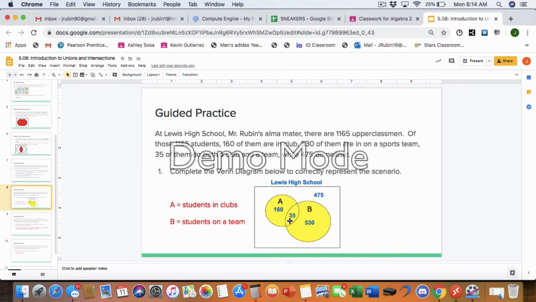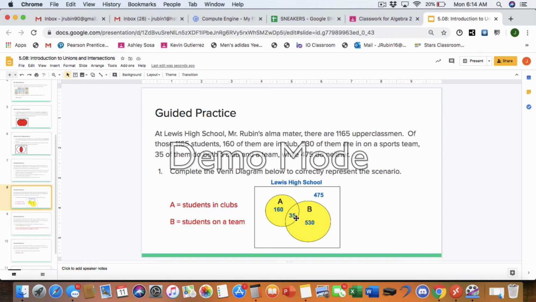So, if you look at this circle, that 35 is included in the 160. It's part of that circle of A. But look, that 35 is also part of the B circle. So what that means is that 35 is actually being counted twice. They're being counted in the group that are in clubs, and they're included in the group that is on a team. So what has to be done is you have to subtract it once,